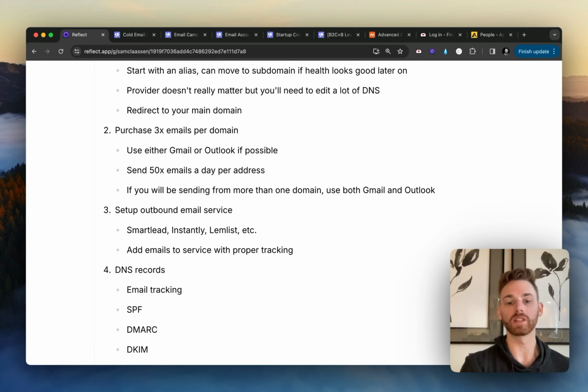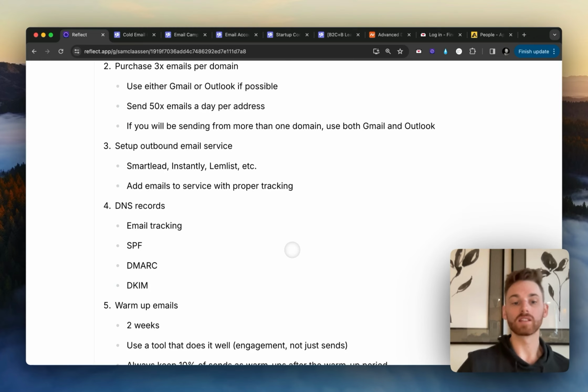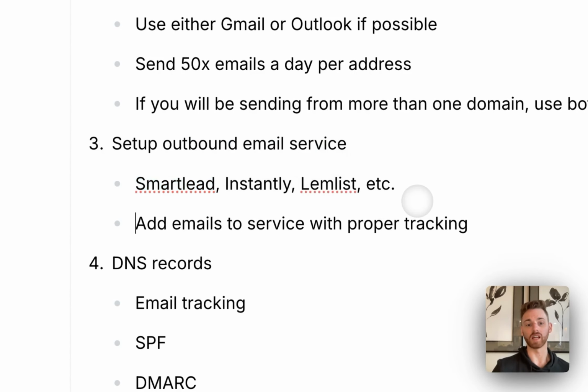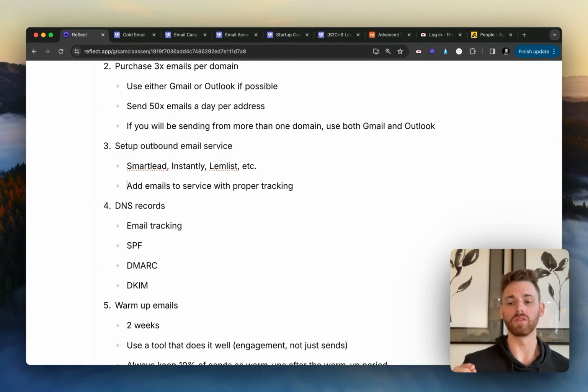But for now, for building the system, you've got the email set up, and now we're going to set up the outbound service. So for me, I used Smartlead, and I was a huge fan of them the entire time I used them. I have no affiliation with them. For the record, I have no affiliate partnership with them. I don't get literally anything from them. I really liked their service. They let you set up unlimited inboxes,